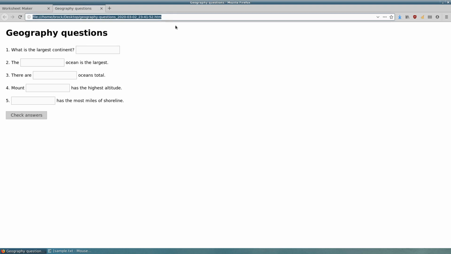Note here that this is on my local computer and it works just as well on your computer. Pacific. Works just the same. And so the file you downloaded, you can then upload that to your web server or